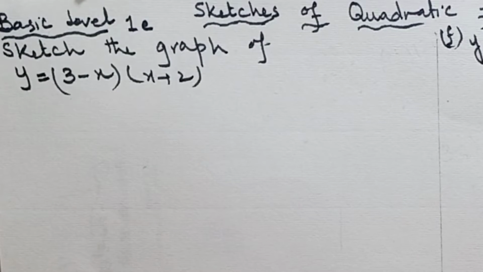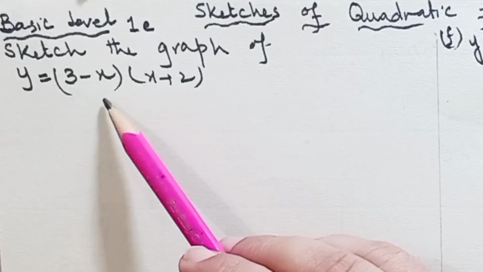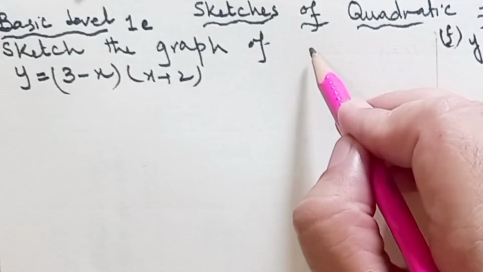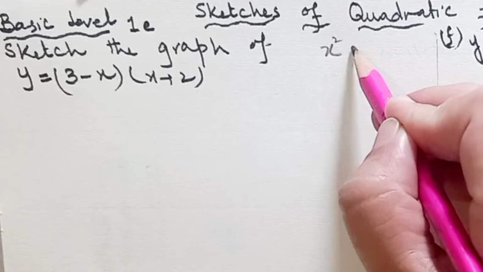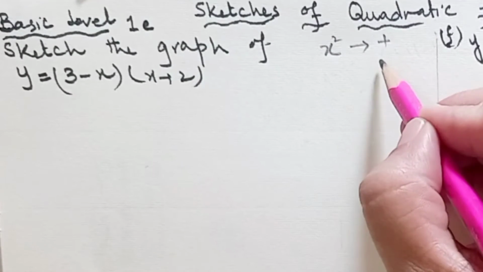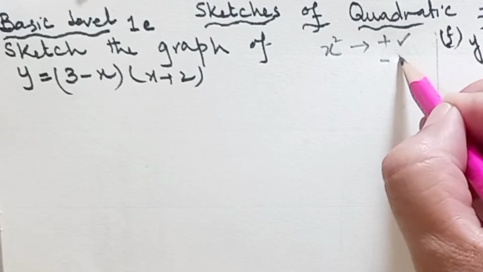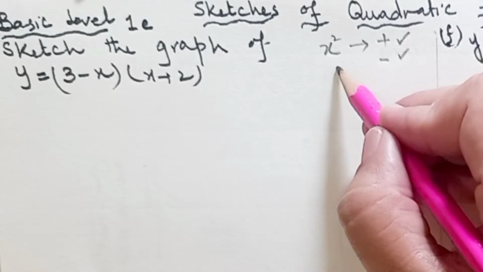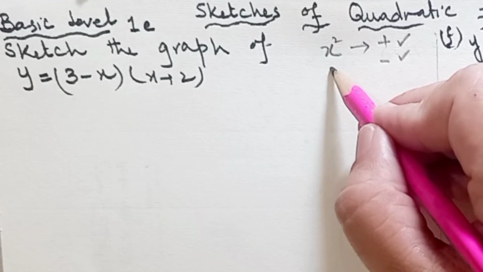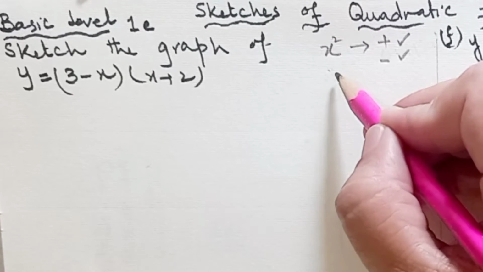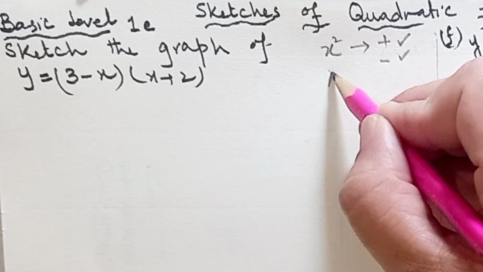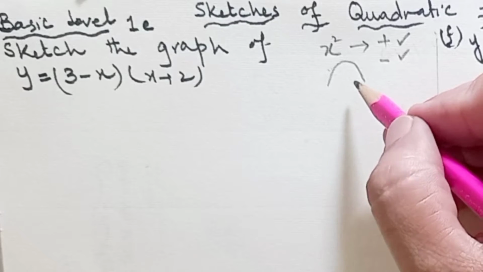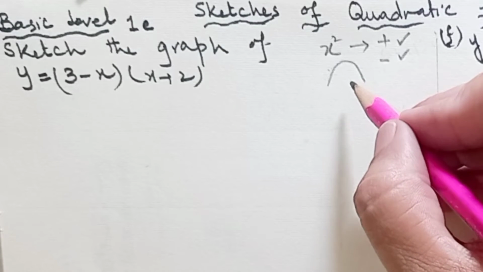So the first step that we have to observe, imagine and visualize is that we have to see whether the coefficient of the square term is positive or negative. And why do we need to check whether the coefficient of the square term is positive or negative? That will help us in determining the shape of the curve and the opening of the curve, whether it will have the opening upward or downward, or it will have the maximum point or minimum point. This is the thing that you have to do in your mind.